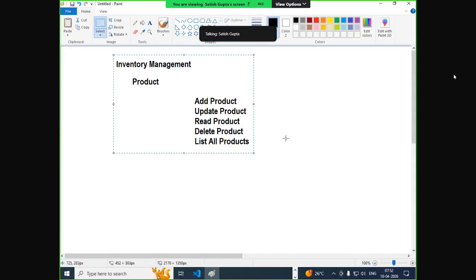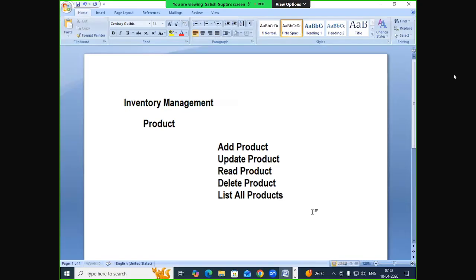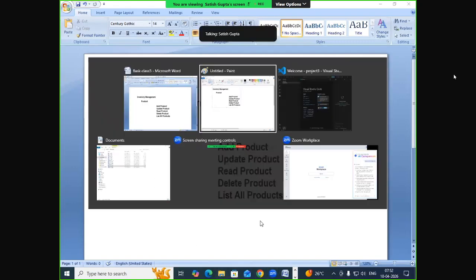And in this, we require some templates. So what we required is some templates. First, what we'll do is we'll try to develop